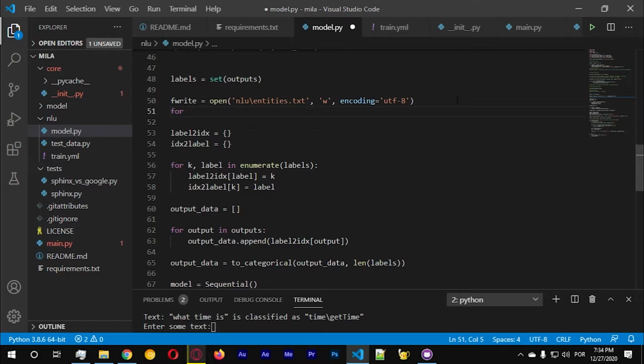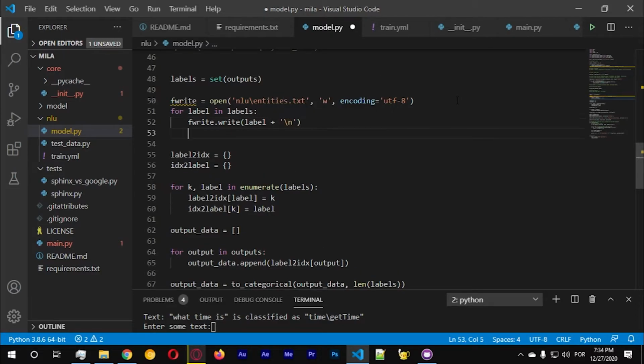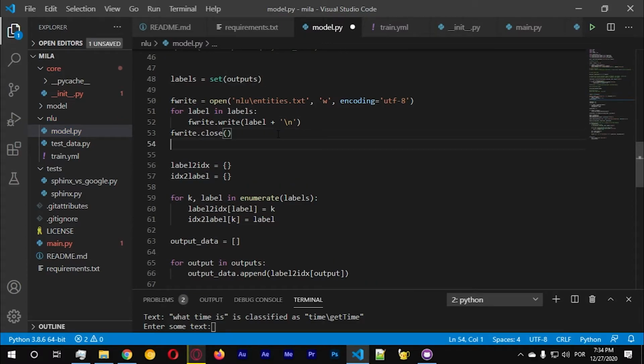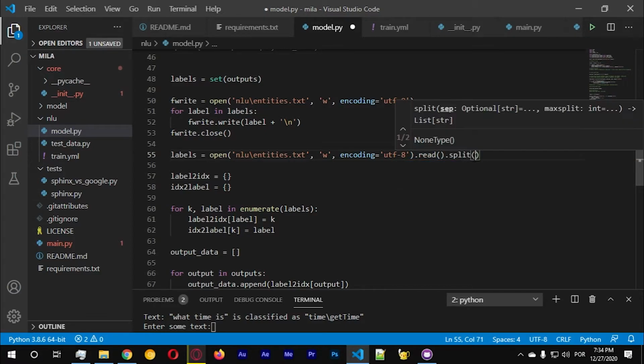We could add spaces and split. We could write multiple lines and split. Let's go for label in labels, fwrite, write label and add a new line, \n. fwrite close, and let's read back labels equals the same thing but with .read .splitlines. Okay,